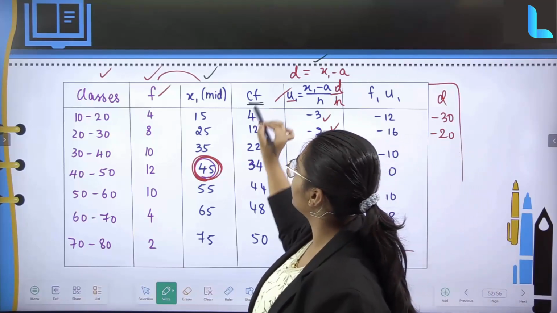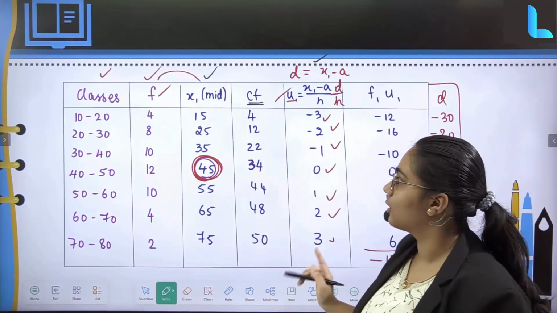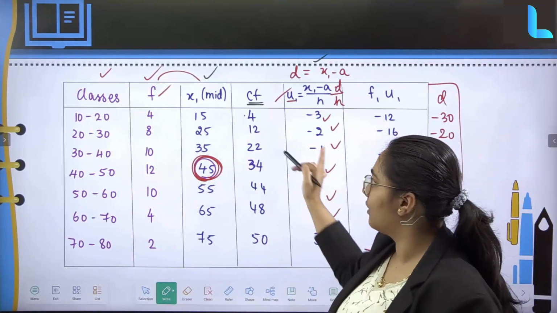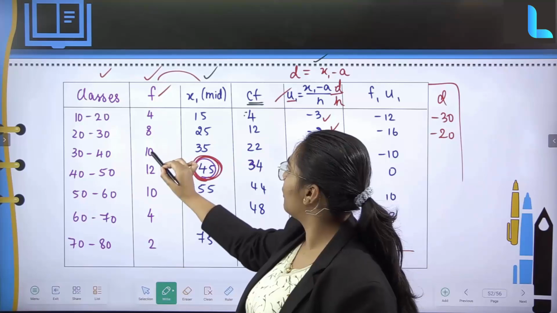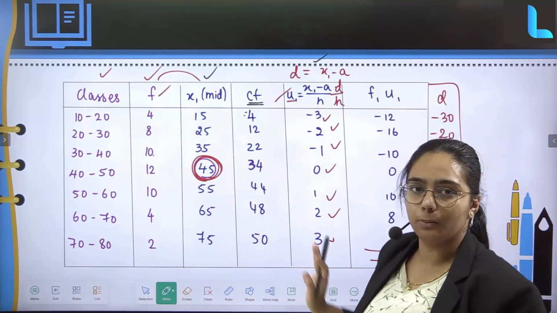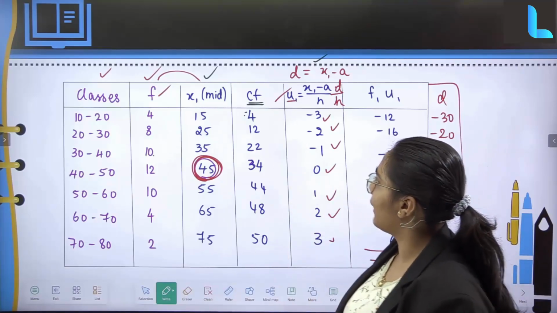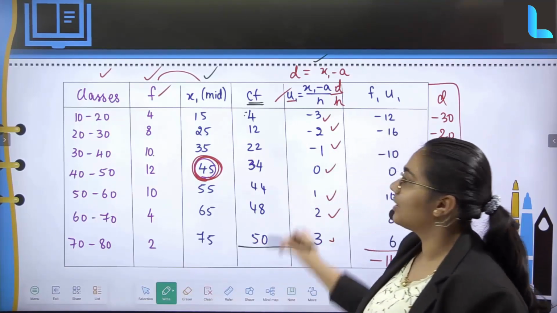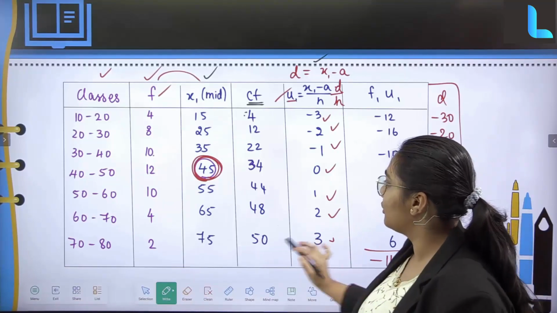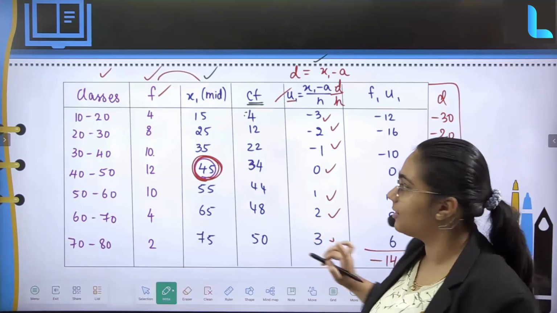So now I have to find out this cumulative frequency. How do I find this cumulative frequency? So 4 is there, you just have to add that 4 in the first place, then 8 plus 4, 10 plus 12. You already know how to find this cumulative frequency. So once you have found the cumulative frequency, taking a summation of it is not even needed. Now once you have got this, first write the formula for the median.